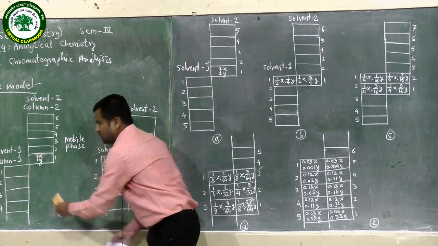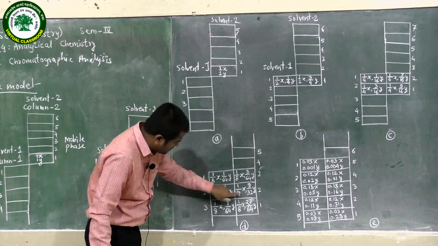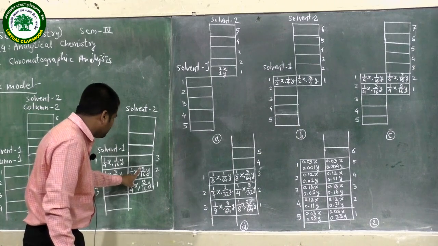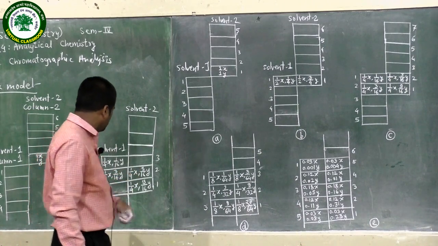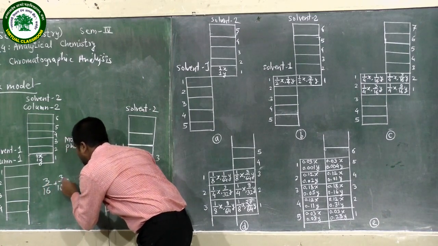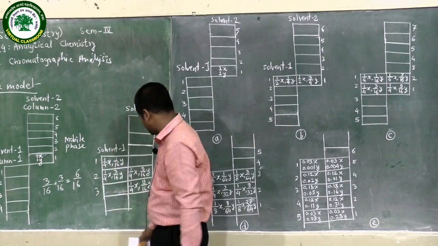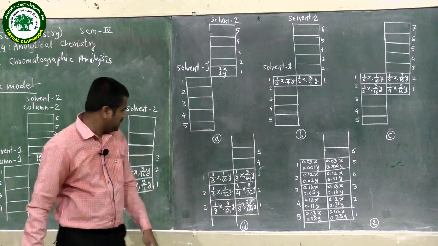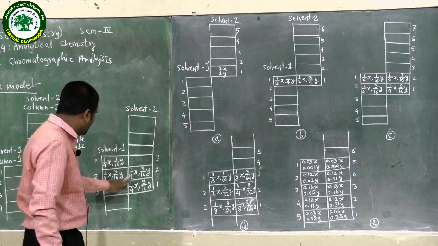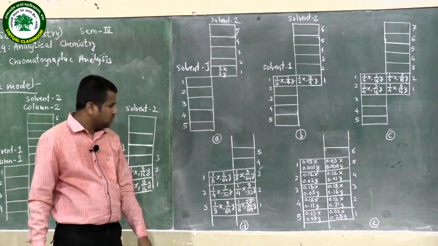Okay. So the picture is like this, 1 by 4x, 1 by 4x. Now 3 by 16 and 3 by 16. Here we have 3 by 16 plus 3 by 16, that is 6 by 16. These 6 by 16y, the total, get distributed between the two layers, and we get 3 by 32y and 9 by 32y.